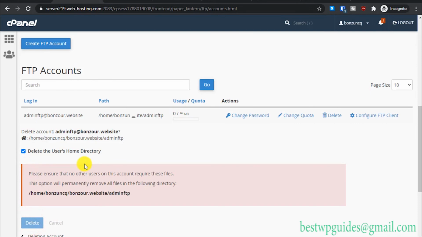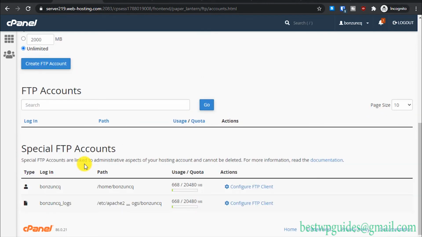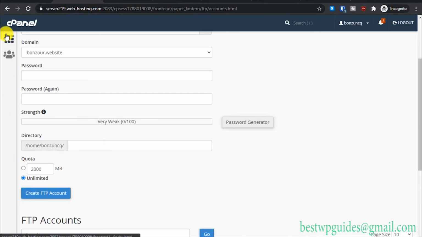Just be careful when deleting this because you may delete your entire directory, so make sure you have backups, and it's really important to keep backups anyway. Before making any changes, always keep a backup. So let's go back to the home,